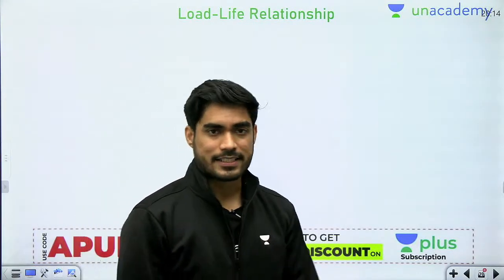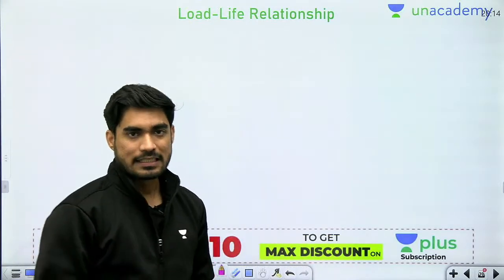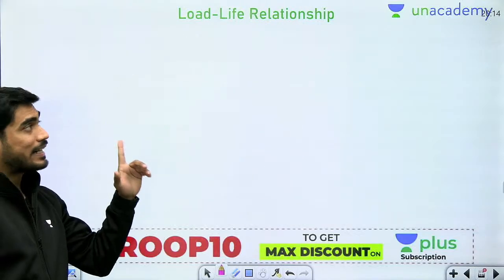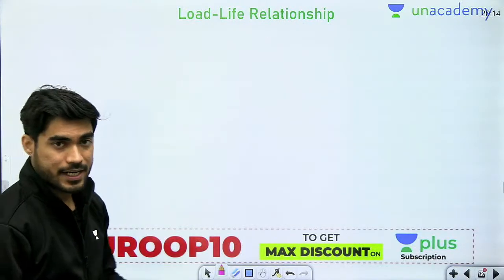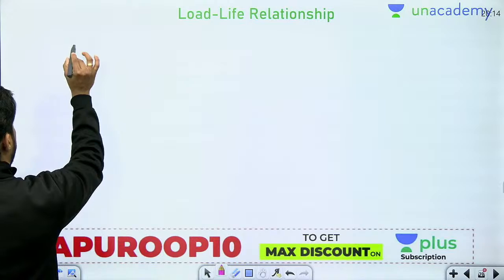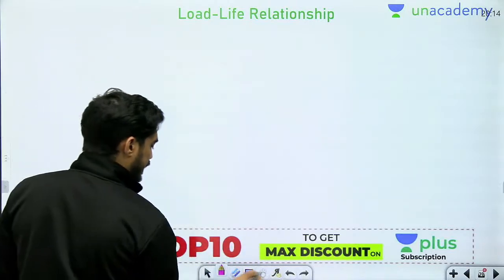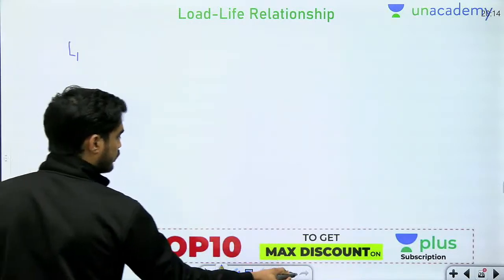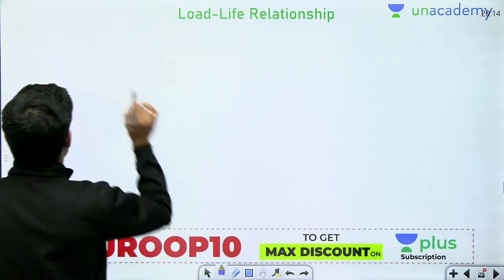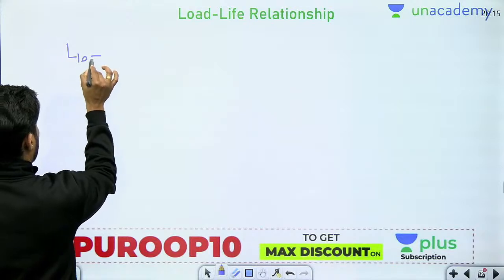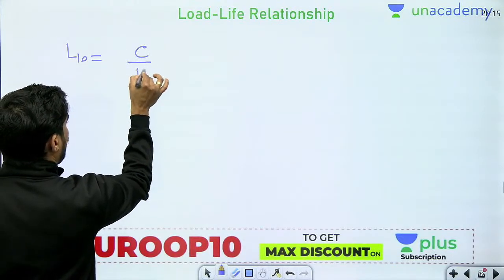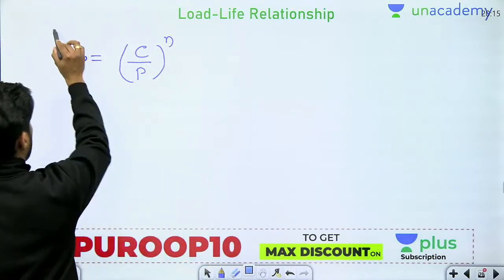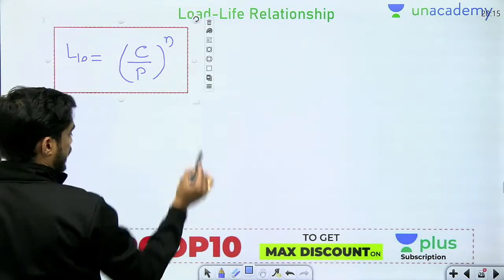So what is the load life relation? It is a relationship given between the rated life and the equivalent load. This is the relation between rated life and equivalent load, and this relation is given by L10, that is rated life, L10 is equal to C by P whole to the power n, and this is the most important relation in